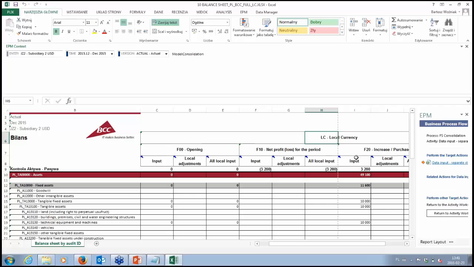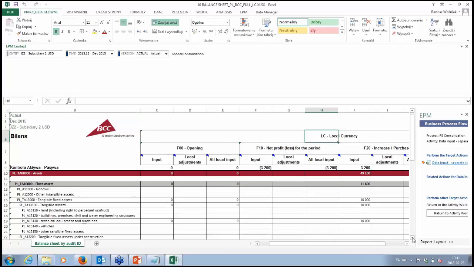US subsidiary, you will also put in the values in local currency, and then they will be calculated into capital group currency.